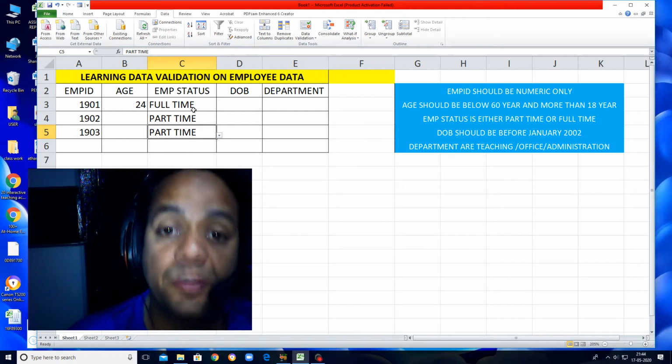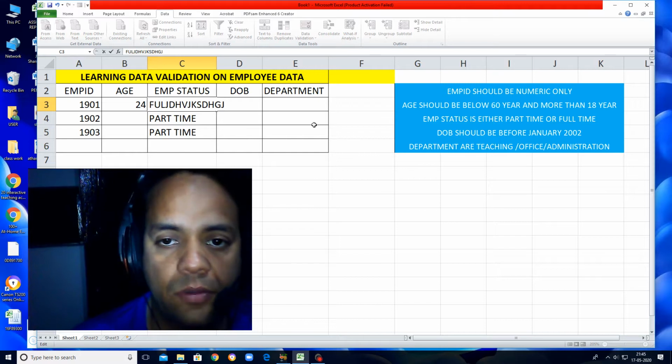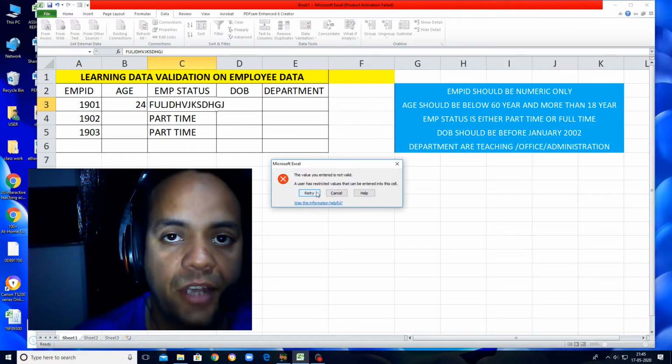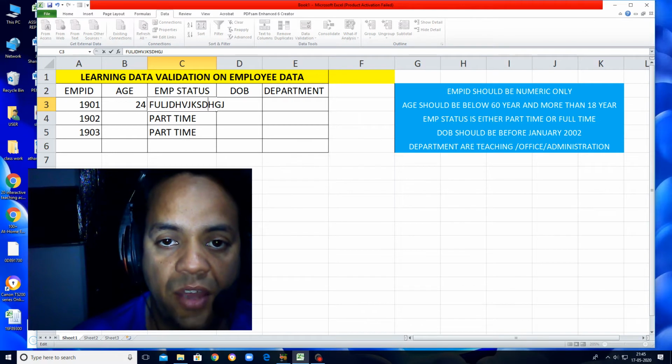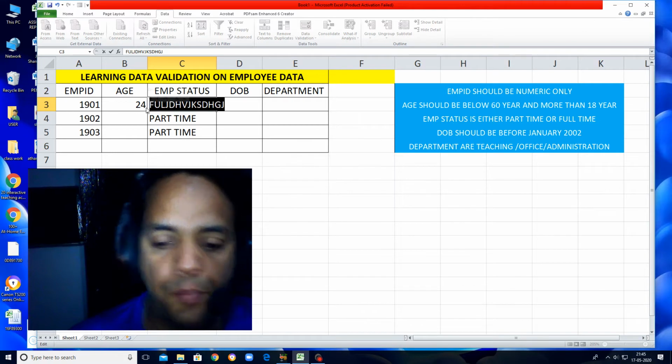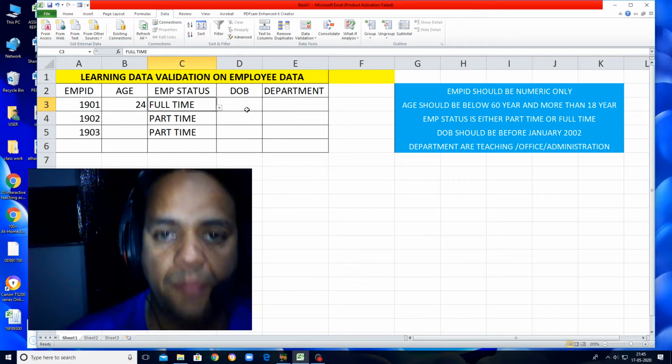And if I try to type something else of my own, it will not allow, it will show an error. That's why data validation is very, very important. Okay, so remember this thing.